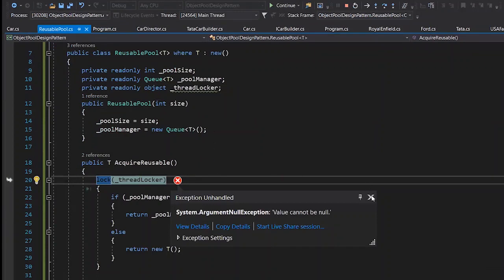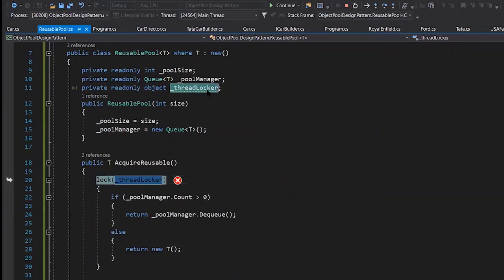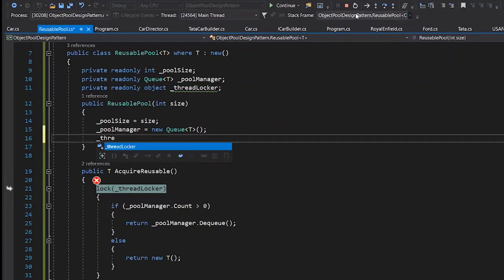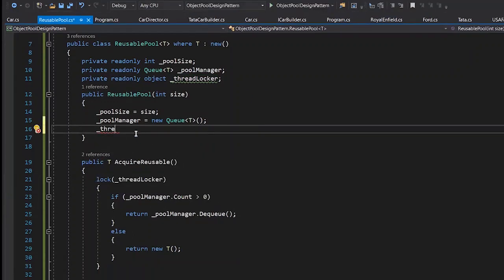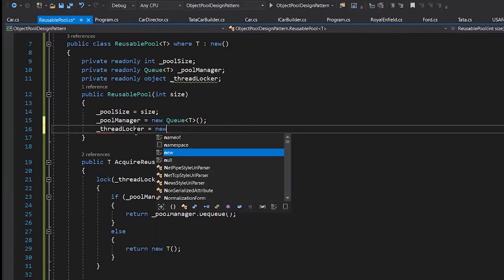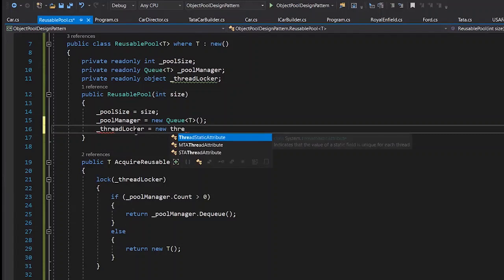Obviously, we need to instantiate our thread locker object before any further steps are done. So let's instantiate our thread locker object. It is a very simple step. Thread locker is equal to new object.